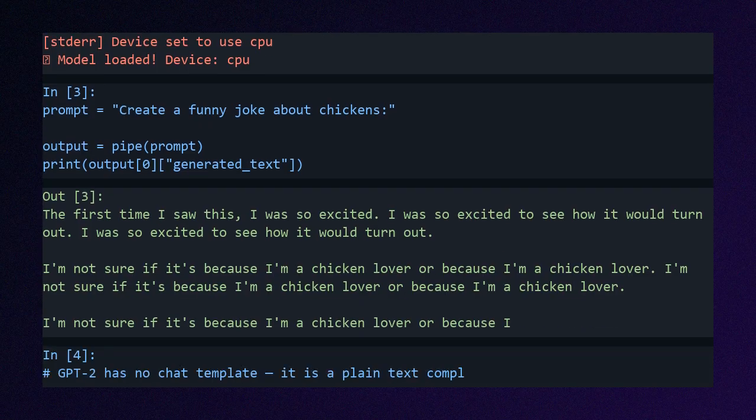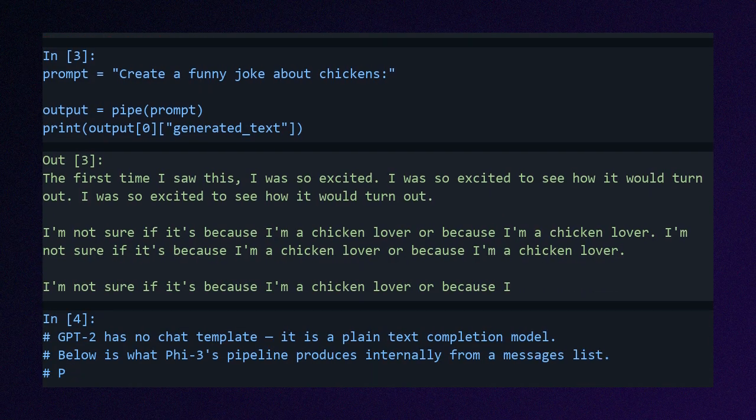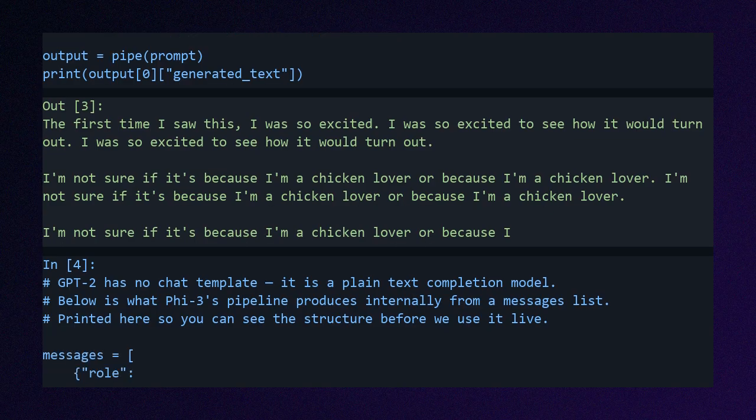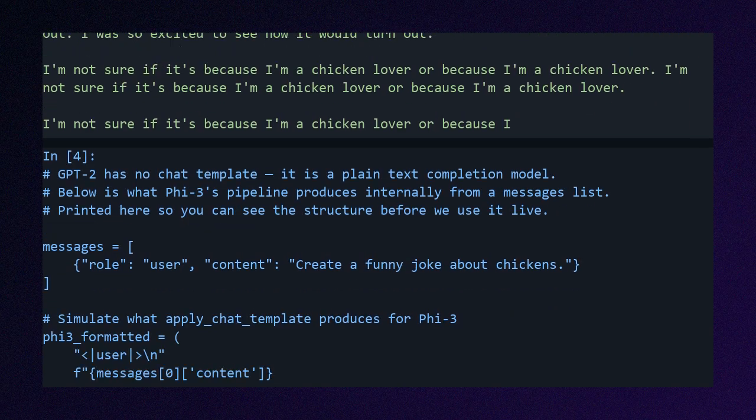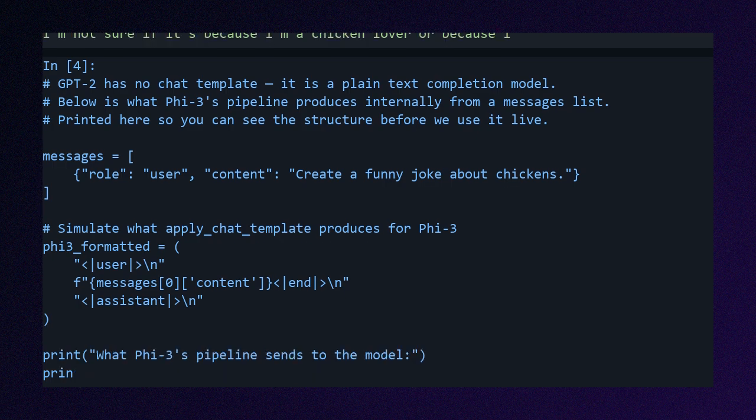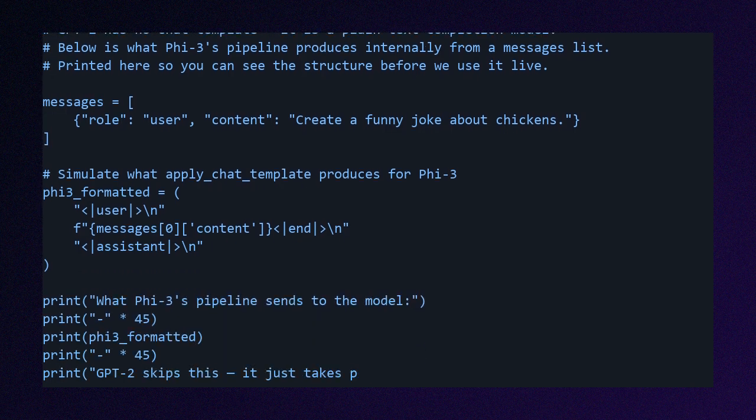Instead of calling apply chat template, which requires an instruction-tuned tokenizer that has a chat template built in, we print the formatted string directly. This is exactly what Phi-3's pipeline produces internally when you pass it a messages list. The pipe character user pipe character marks the start of your message.